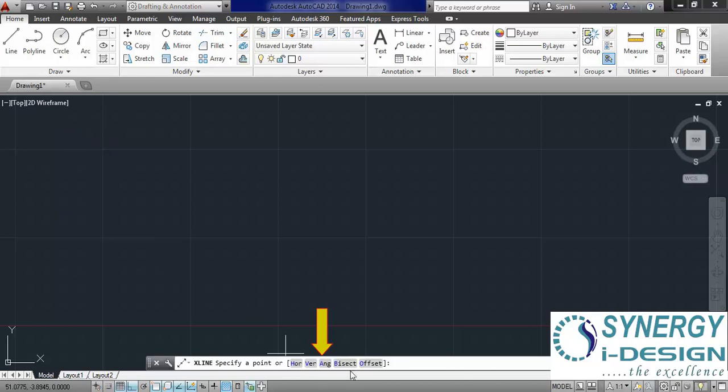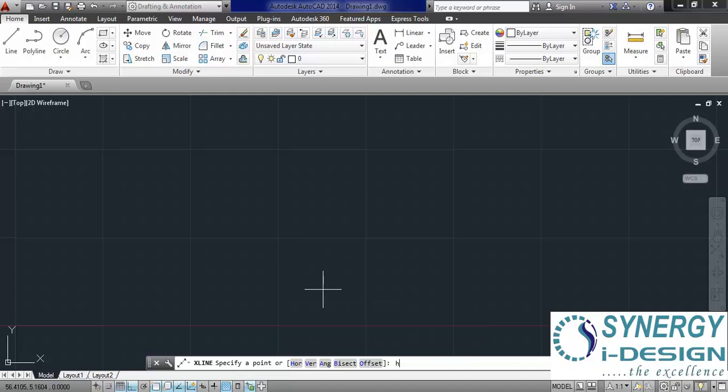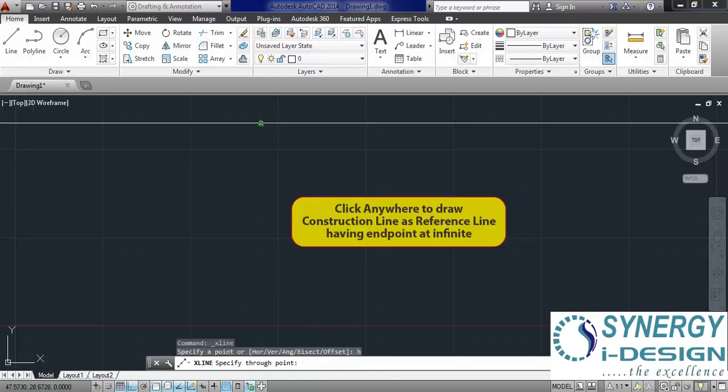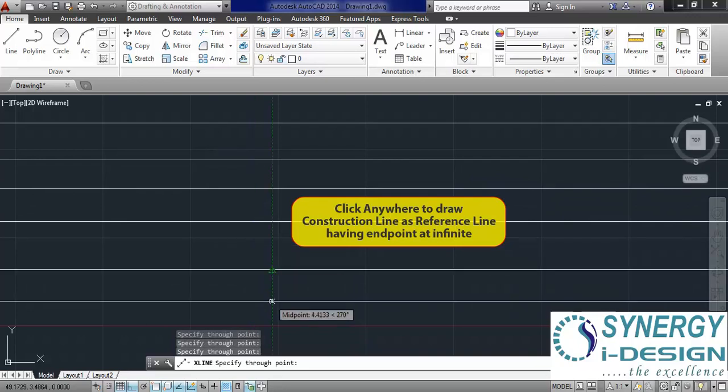Now there are a lot of options under the sub command. Specify a point or horizontal, vertical, angular, bisect, offset. So I am taking horizontal first. If I click H as the alias given in the blue color and press enter, now we can draw these kind of reference lines